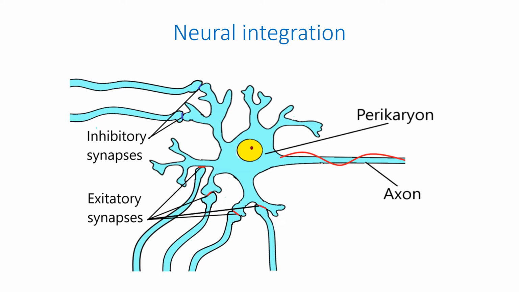Thus, synapses may be excitatory or inhibitory. Most neurons in CNS receive inputs from thousands of synapses. Some of them are excitatory, some are inhibitory. Spatial and temporal summation of excitation and inhibition by postsynaptic neuron results in the integration of the electrical information provided by all the synapses acting on it at any moment. The production of an action potential depends on the balance between excitation and inhibition.